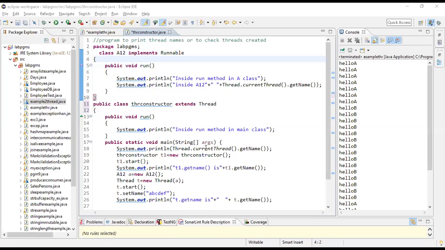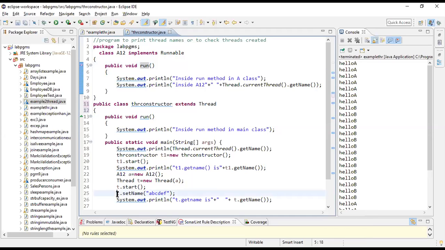If you want the current thread, see this is important because at any point of time, if you want to know what thread is under execution, you can use currentThread also. Otherwise, if your aim is just printing the name, directly you can use t1.getName also. So now next I am creating an instance of your A12, which is your runnable, and I am calling this start. Again, what will happen? Start will make sure that it will invoke your run method, but before these two statements are executed, it can come back and it can even execute your main method also.